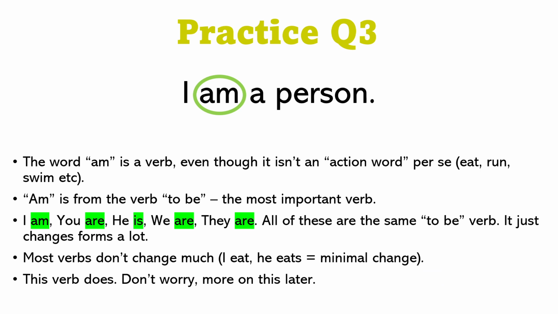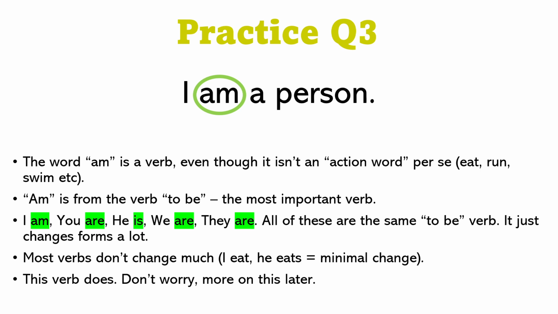I've also just talked about, I did mention it, am is a verb. It's not an action word per se, but it is actually the most common word. That verb is to be, so if you're being something. It doesn't sound like, for example with eat, you would say I eat, he eats. It changes a little bit because it has an S on the end, but it doesn't really change that much. This verb changes a lot. So I am, you are, he is, we are, they are. That word highlighted green is the same word in all of them. It just changes a little bit because of the person you're talking about. And you can probably get your head around that. You're just saying what you are, basically. And yeah, that's all there is to that, really.